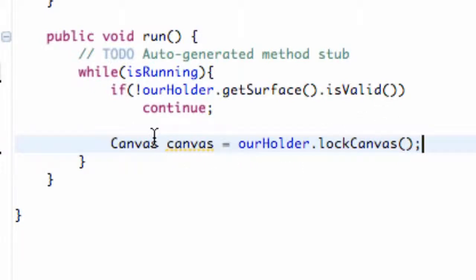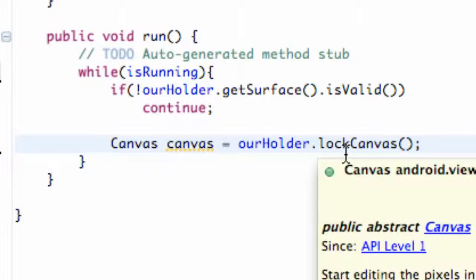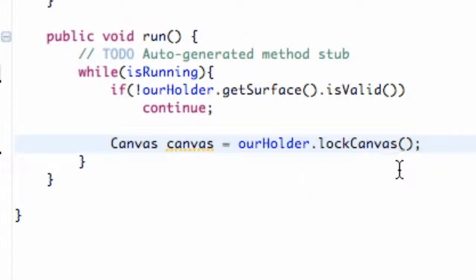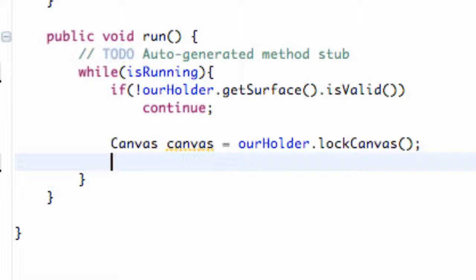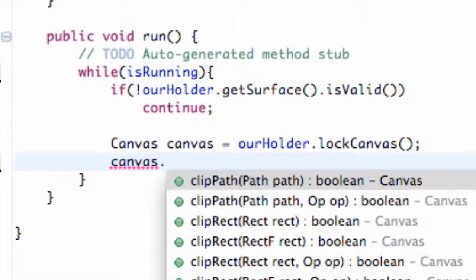Basically, we have this masterpiece, this great idea, and we want to paint it. So we're going to lock our door, paint on our canvas, and then unlock our door and show the whole world what we came up with. That's what we're doing within this loop. We're locking the canvas so no other classes or activities can access it. That's the point of locking it: no other threads can get to it. Once it's locked, this is where we start drawing on it. So we say canvas dot draw